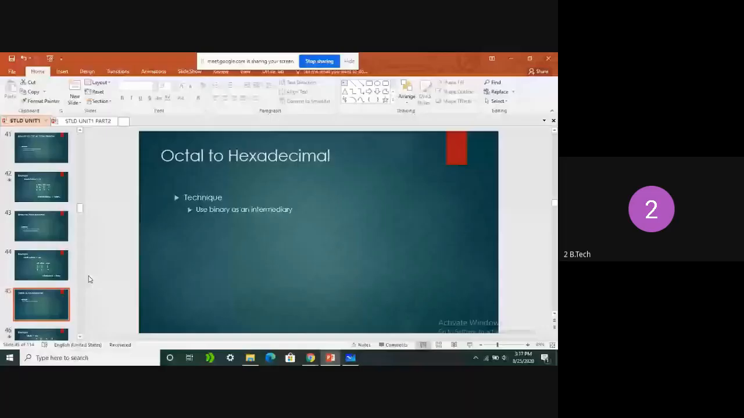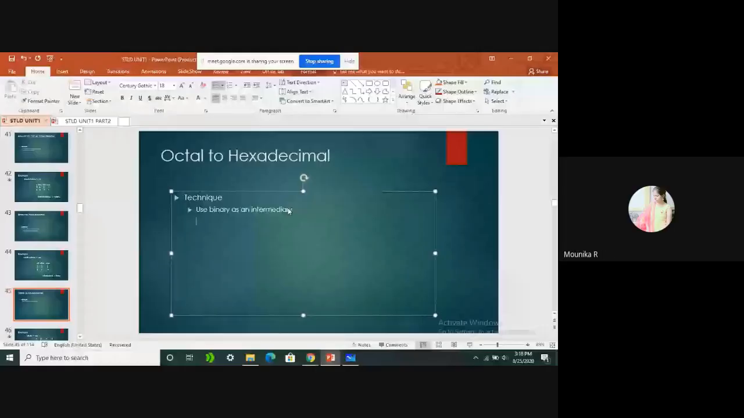So what is the first process we need to do here? Convert octal to binary. After that, binary to hexa. See here, we can take one example. This is the given octal number. We already discussed this in previous sessions. We need to convert this into a binary number. So here, in the LSB position, 6 is located. For 6, we can represent